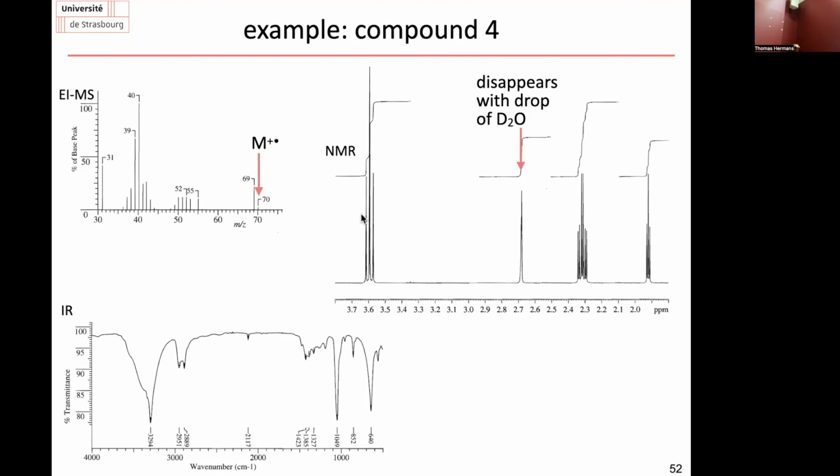Okay, so what next? So we have a triple bond, we have an alcohol connected to a carbon. Let's try to figure out if the triple bond is somewhere in the middle or if the triple bond has a proton. Does it have a proton here? Yes or no? What do you think? Yes. Why? Yes, the triplet of doublets, yes, but the last one,